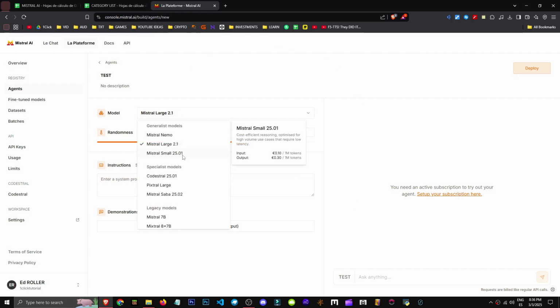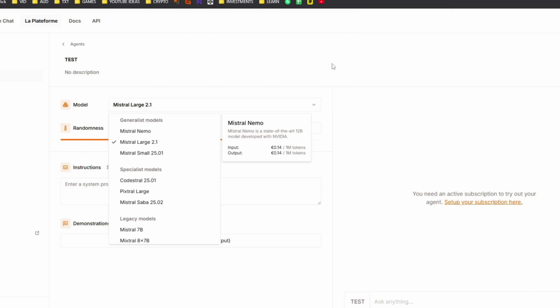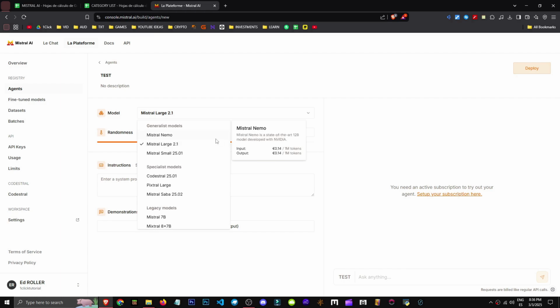And from here, we can select the model, okay? Theoretically, using the model won't cost us anything. But typically, when we program an agent, it's because we're interested in using the AI assistant in an automated way, right? It becomes a bit more complex and we start to depend on spending money. That's why they show us the costs. But for now, we can theoretically use this tool or use these agents within the platform at no cost.